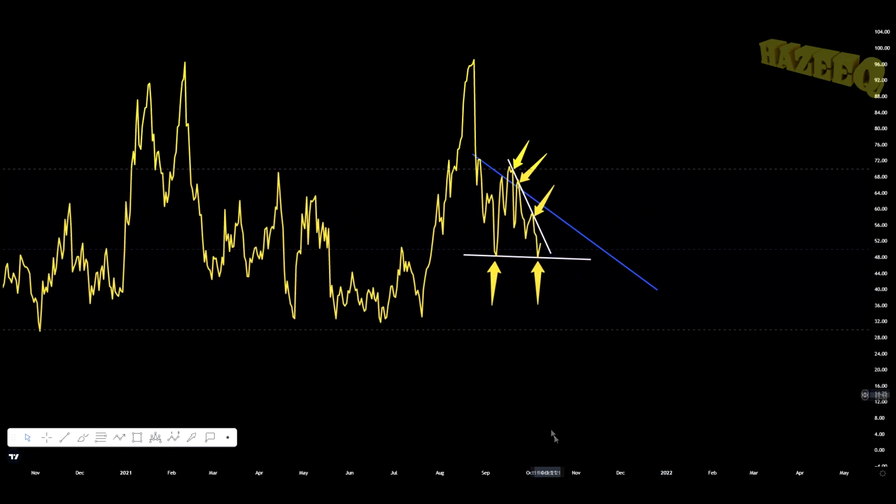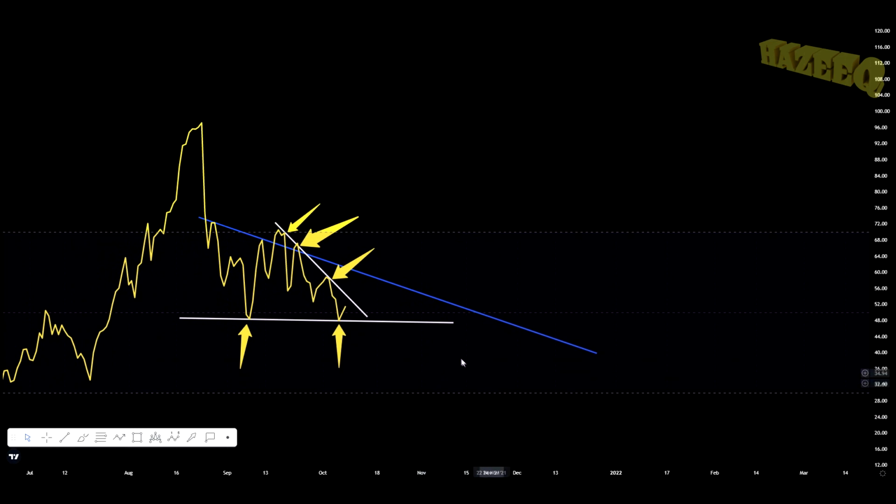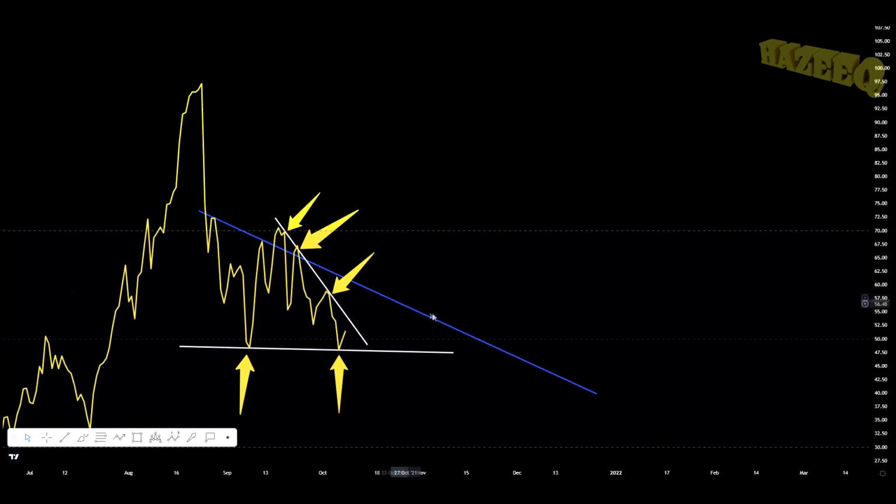Now, jumping into the RSI, a couple of things that I do want to show you. This is the daily chart. So the blue line represents a strong resistance line. So basically, you have one touch there and one touch there, and potentially you could have one touch over here, and that will be your pullback on the daily chart. So make sure you understand that and be ready to perhaps have some sell orders if the touch with this trend line co-aligns with a resistance on the Fibonacci retracement that I just showed you. Then there's a high probability that you may get rejected and just come back down on the RSI. Hopefully you do understand that.